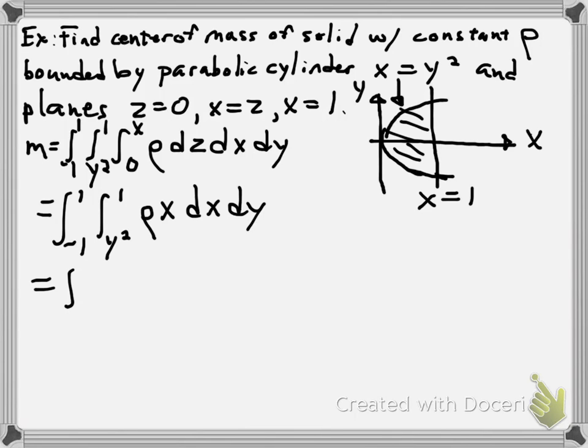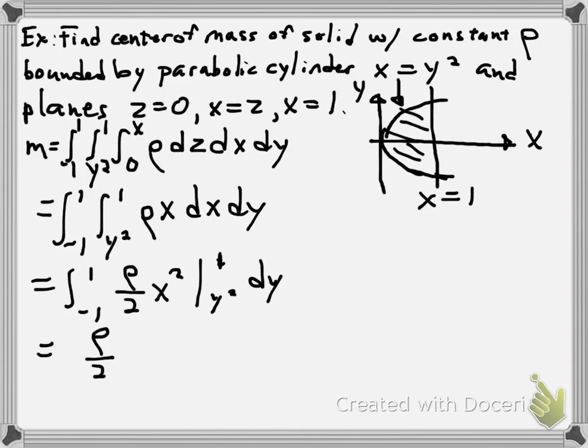Then this equals the integral from -1 to 1. The antiderivative here is rho over 2 x squared. The limits of integration are y squared and 1, dy. And if we plug 1 in, we have a constant of rho over 2 outside in front of the integral,